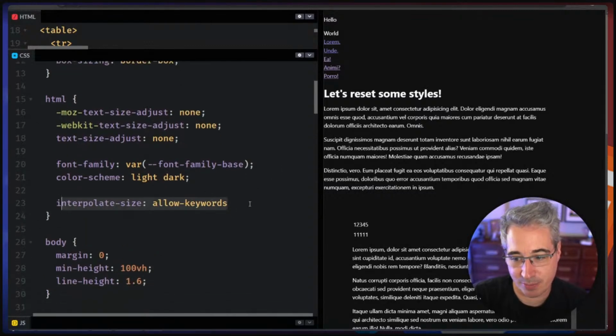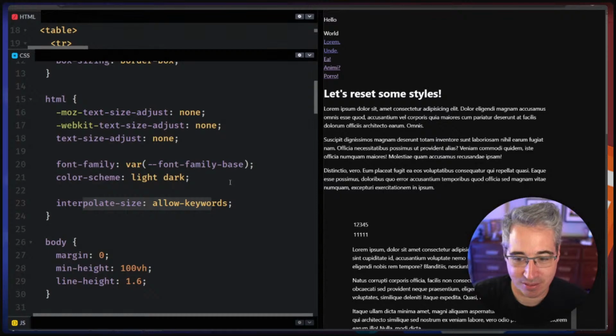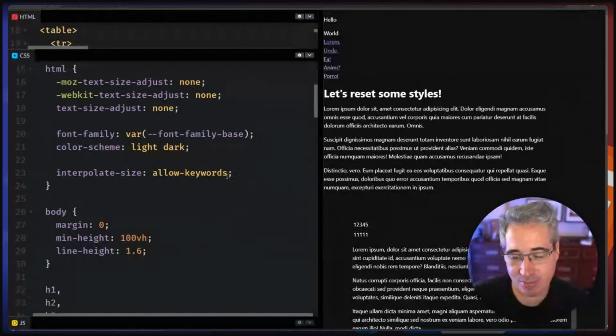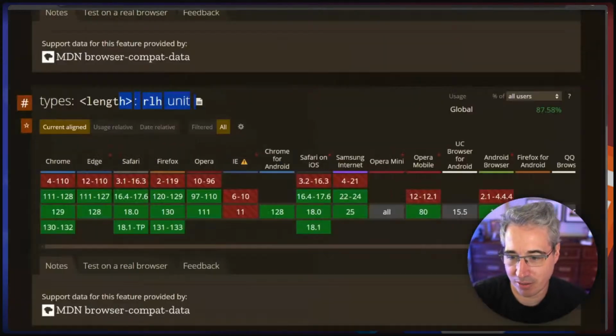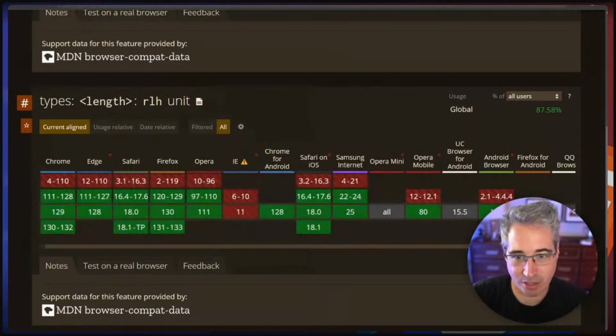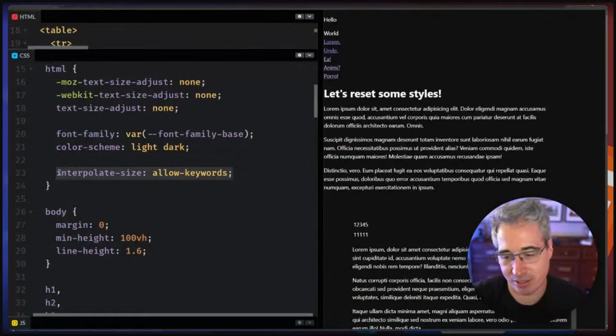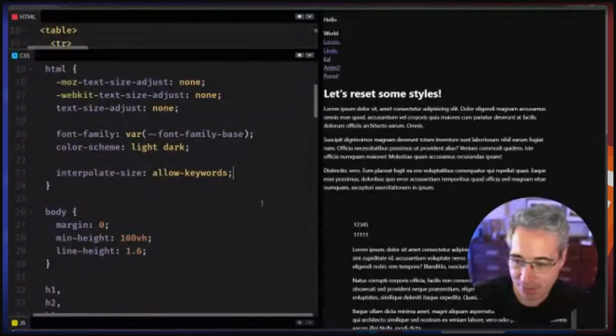This is a progressive enhancement. It will not work in all browsers. I believe it's only the newest versions of Chromium. And it's one of the most exciting things that we've had in a long time. Very recent. It was two weeks ago, I think, I was reading about it. I don't know what version of Chrome we're on right now. I think in 128 or 129 this came out, maybe 127 at the earliest, which is interpolate-size, allow-keywords. And what that means is,